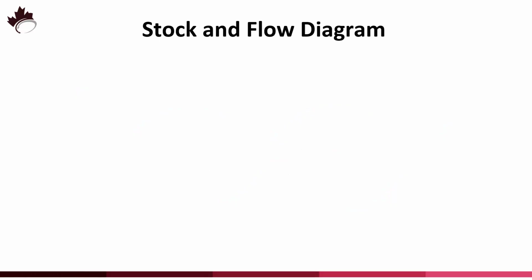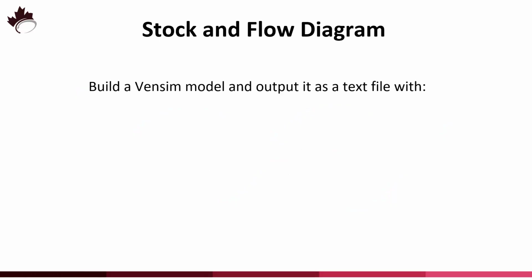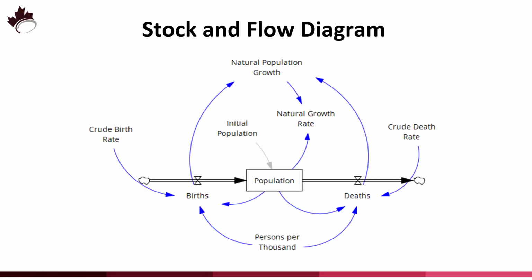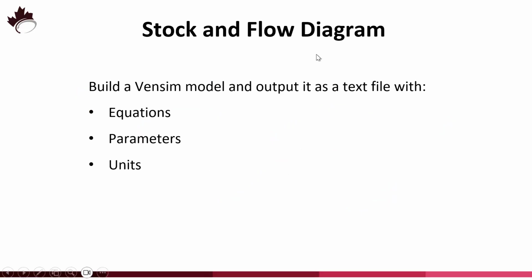So then I generate a stock and flow diagram. So I get the AI, ChatGPT, to build a Vensim model and output it as a text file with equations, parameters, and units. So let's go back and go to ChatGPT, and I'm going to say